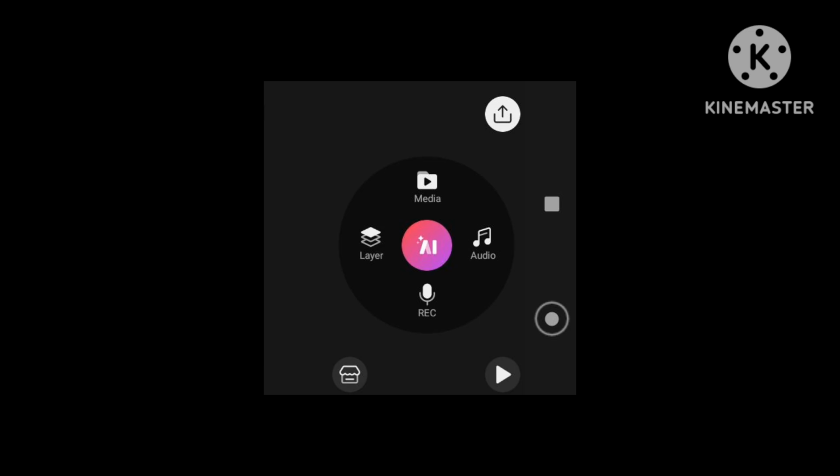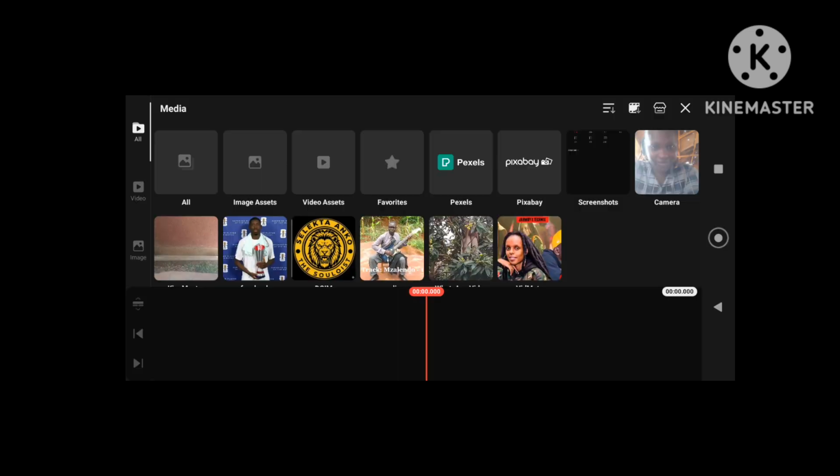Tap the layer icon on the media wheel. Choose what you want to add. You can add media, a secondary video or photo on top of your main video.